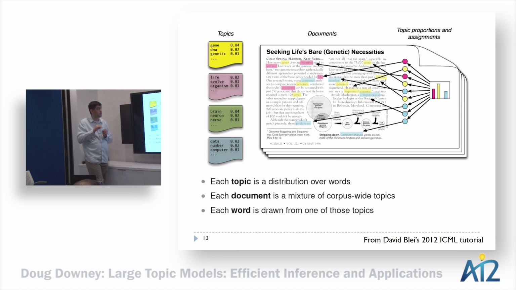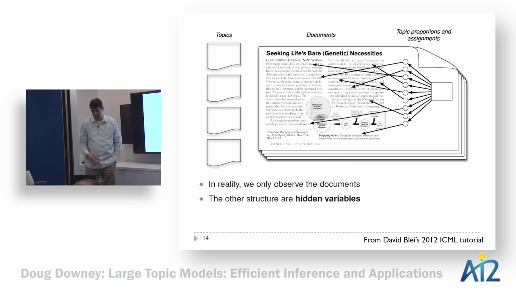The way we generate a document is by picking a topic for a given token. And we pick that from this multinomial that describes the document over topics. And then once we've picked our topic for a given word, we then pick the word from that topic's multinomial, right? We do this n times for a document that contains n words, and we end up with a document. Right now, we're ignoring word order, so we're just treating the document as a bag of words. And that's what we'll do for the rest of this talk, but actually the models I'm describing can be applied to word order, and I'll mention something about that at the end of the talk.